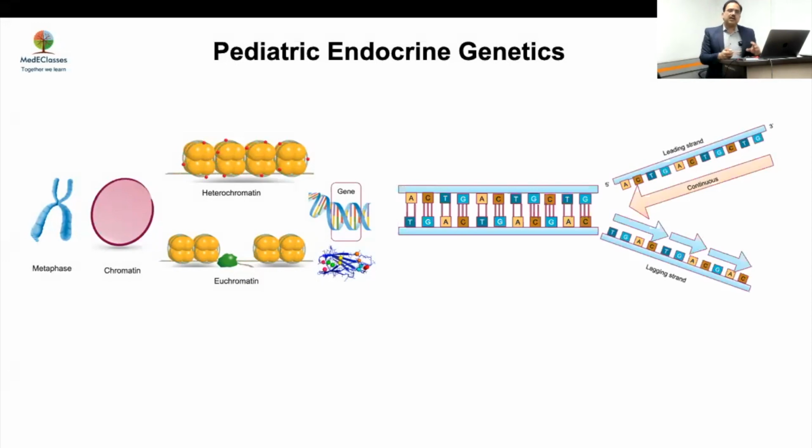And as in any other branch of medicine or any other branch of evaluation, be it a pathological test or a clinical examination, the key aspect of pre-test probability and post-test probability becomes very important. So when you think that this child may have a HESX1 deficiency because he has presented to you with early onset multiple pituitary hormone deficiency, with a visual problem, with a midline defect, the chance that a HESX1 report which has come back as positive is significant will be much more than in maybe a random case of isolated GHD. So you have to have your comprehensive clinical evaluation done before you order a genetic test, and that's very important.